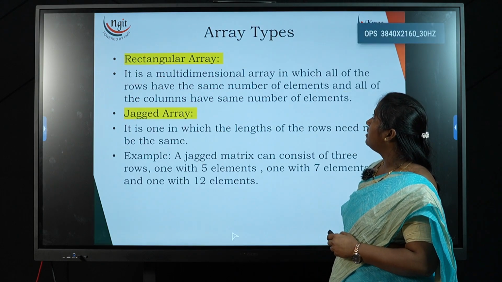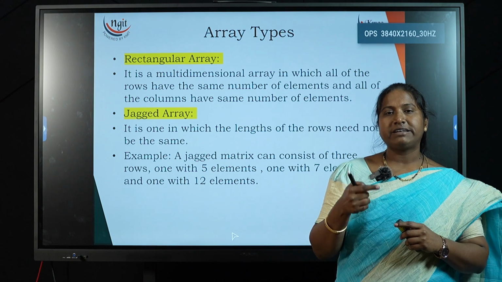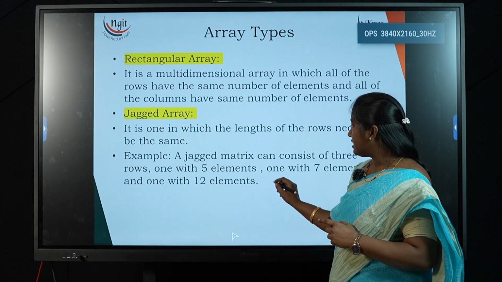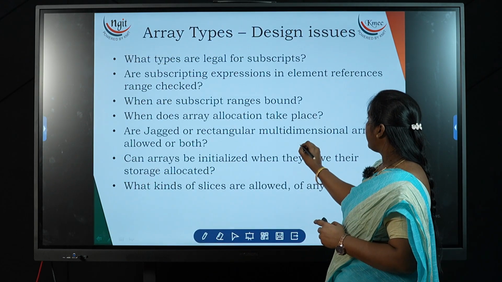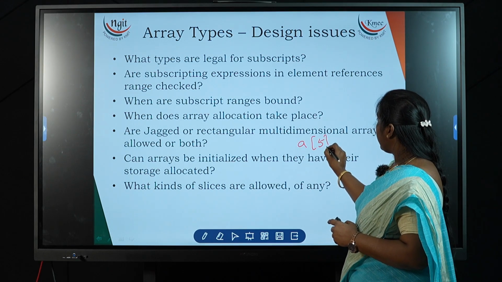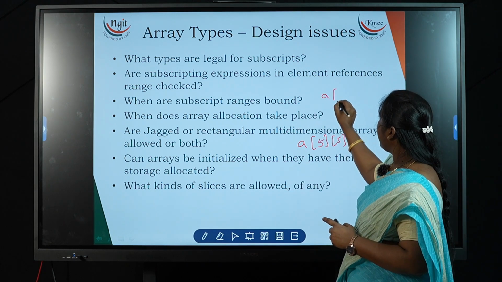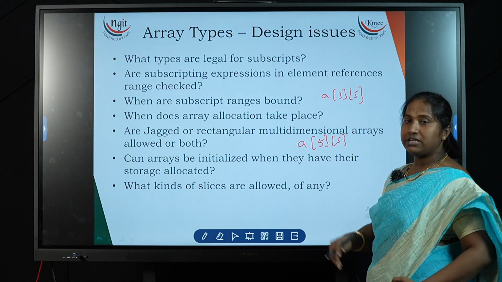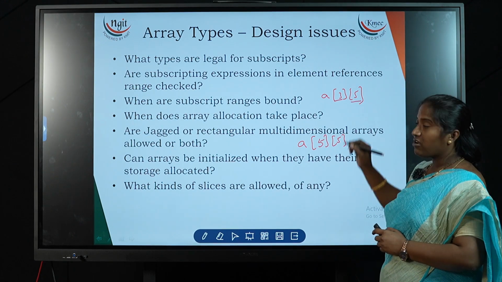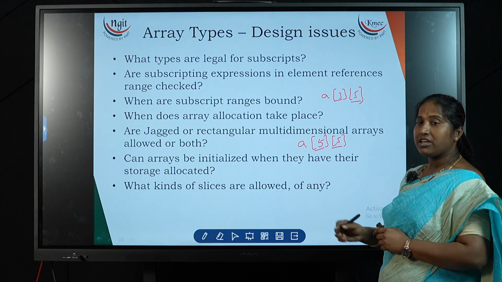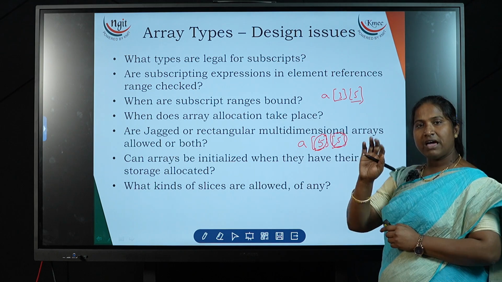And the next is about, there are two kinds of arrays: rectangular arrays and jagged arrays. Rectangular arrays are what? Let's say that an array is initialized with 5 by 5. Let's take this example. A 5 by 5 is accepted in C-based languages, and even a 3 by 5 is also accepted in C-based languages. But the difference is what? When I say it is 3 rows 5 columns, or when I say it is 5 rows 5 columns, a rectangular array is what? All 5 rows 5 columns will have elements.